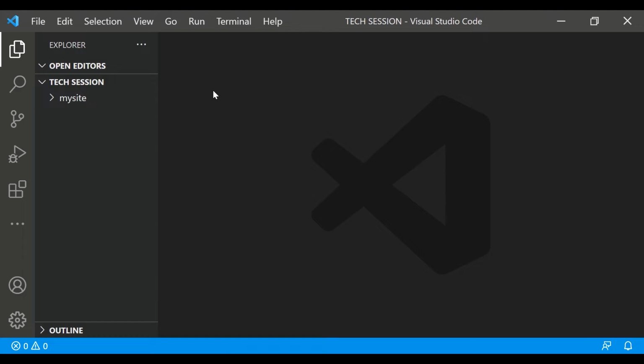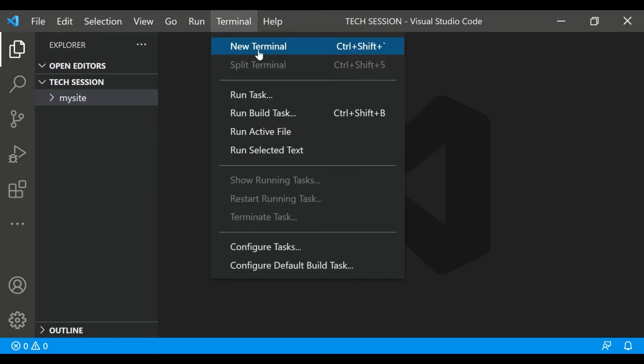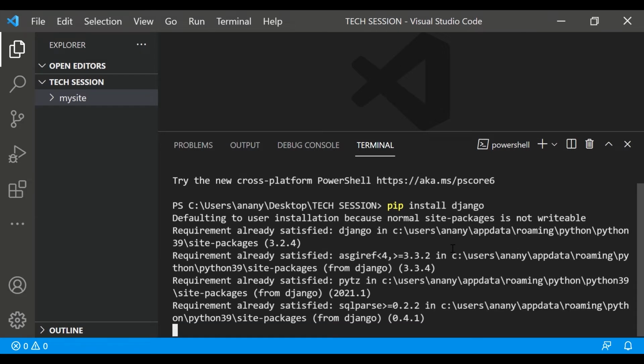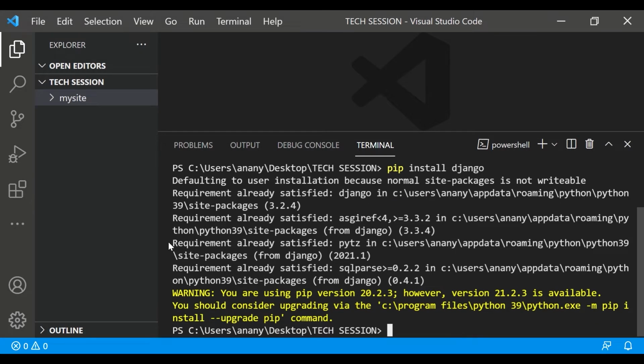We have opened the VS Code, and we have entered the project folder. So now we will be opening the terminal, and as I said, we'll be installing Django first. So pip install Django. I already have it installed, so it is showing me requirements already satisfied.